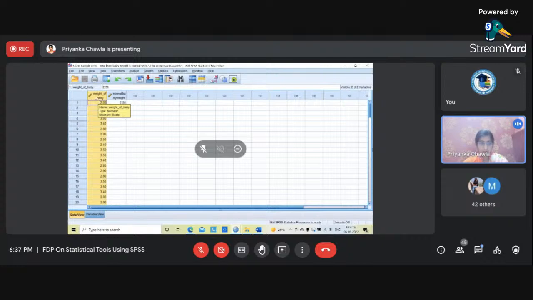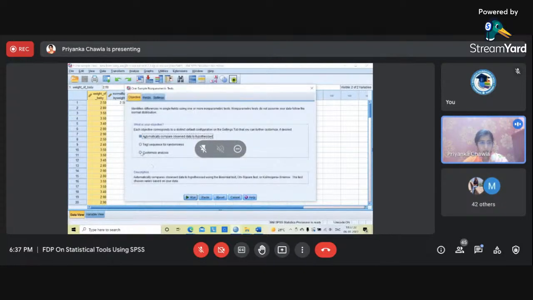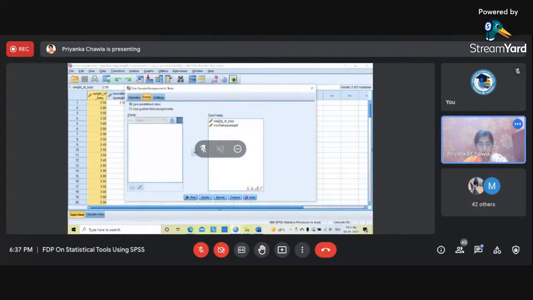How to apply this non-parametric test on the scale data? Go to analyze, non-parametric. Can you see this one sample? Just click on this. Customize analysis. Can you see this? Just click on this. Under fields tab, by default, all these scale data appear over here. Our test field is only weight of the baby, this scale data. Just transfer this only. And then go to settings,